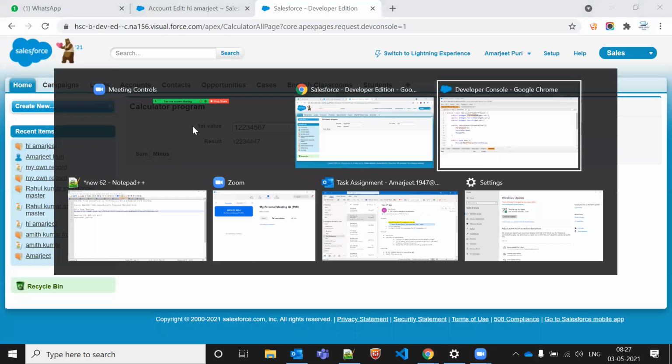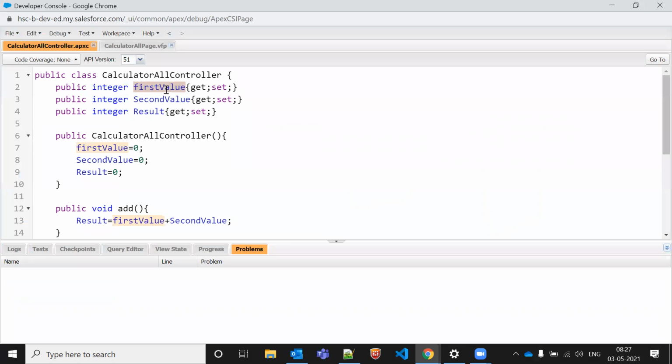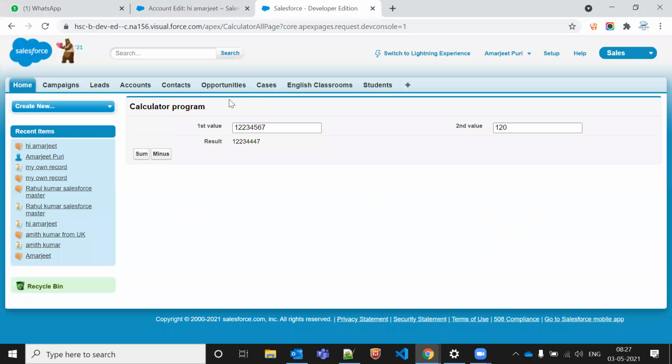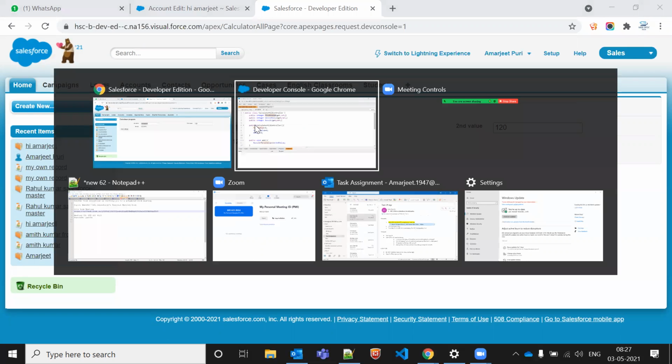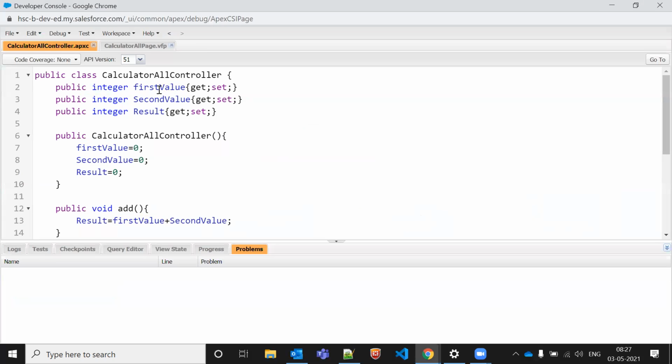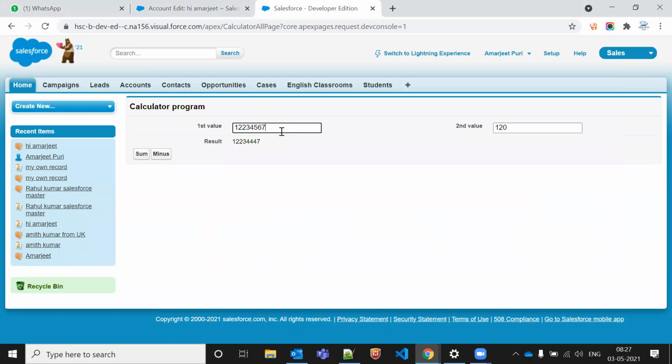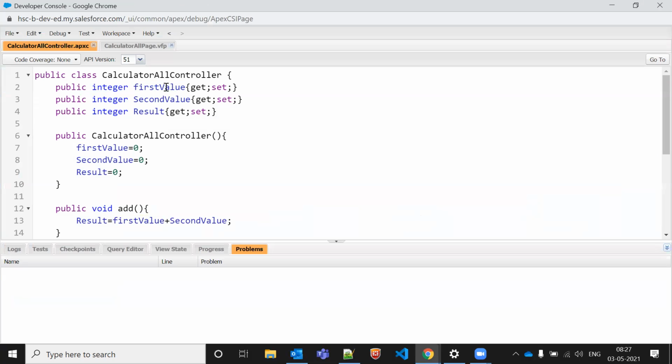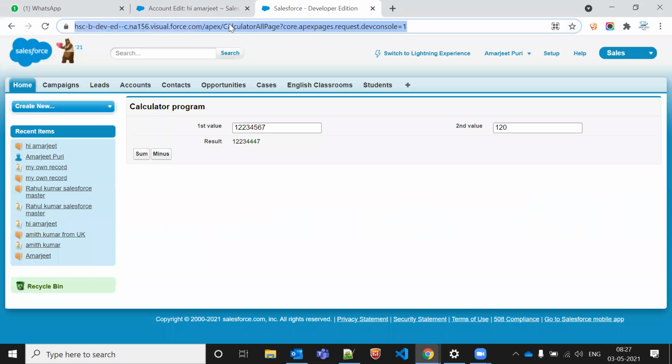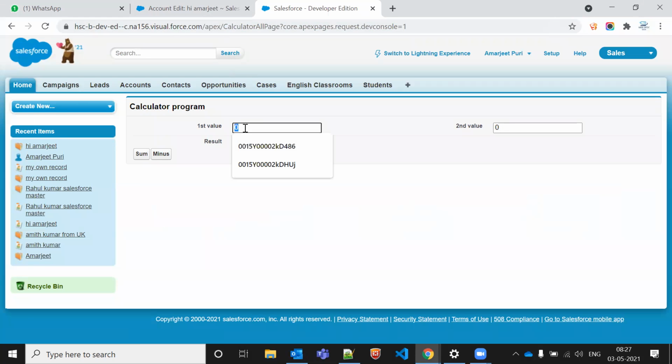See what is happening here. Let's say my first value. Where is my first value? This is my first value, right? If I'm adding something here, first what will happen? First I should get the value. Visualforce is getting the value from the Apex class. If I'm adding 0 here, the first value is getting as 0.